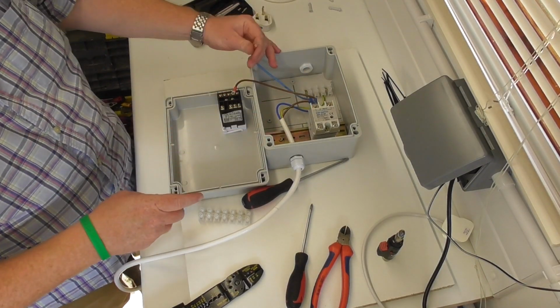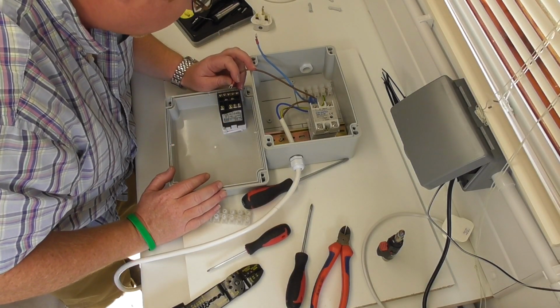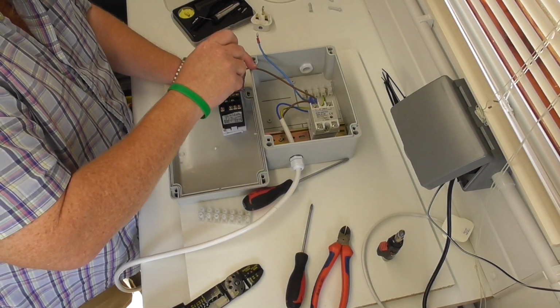Nice and tight, and we're looking for pin 9 and 10. Although I haven't said this yet,